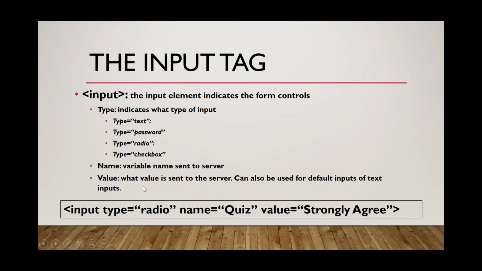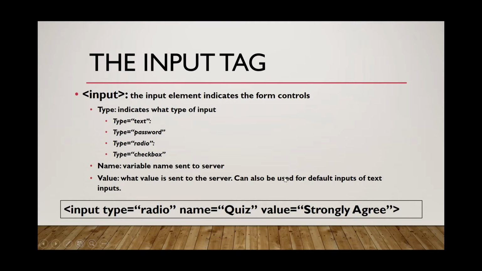Then we have the value. Now, this name has this value. So the name and the value come in a pair. So it'd be quiz and then colon strongly agree. So the name would have the value strongly agree. So this is the value that is sent to the server, which can also be used for default